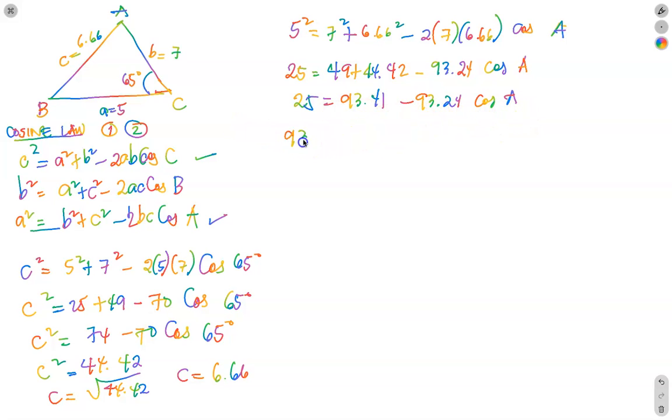So we have 93.24 cosine A equals 93.41 minus 25. Next we have 93.24 cosine A equals